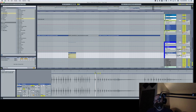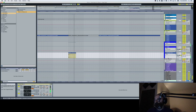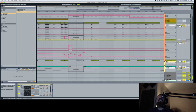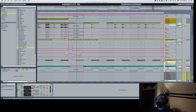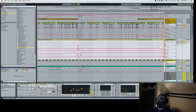But I'm going to want to process this. So the first thing I'm going to do is turn it down 3 dBs, then throw in a little filter delay widener that I like to use. Because I'm getting that shaker hit to sit, remember, let's take a look up here. So the candombe, which is actually I found in a live pack, but I did some work on it myself. I also like to think that I can play it myself, which makes it okay to bring in pre-made percussion loops. I did some editing, and